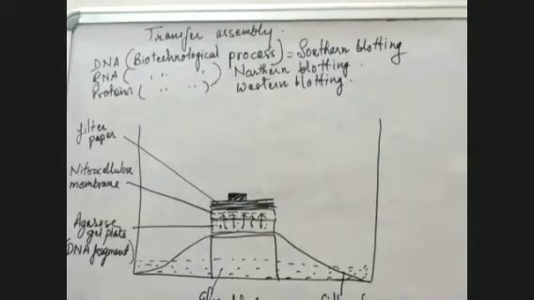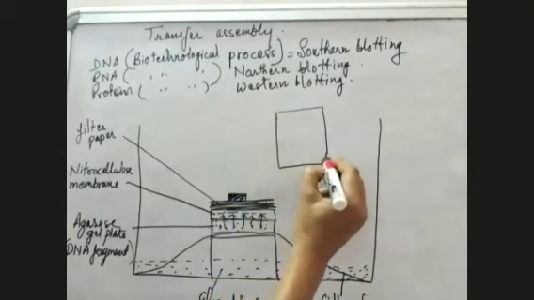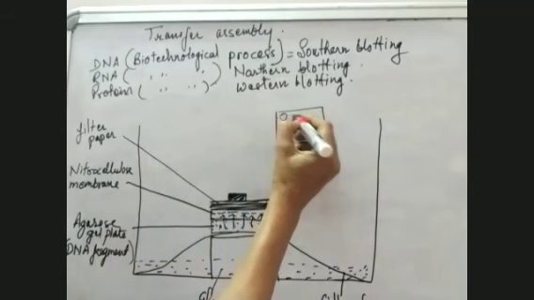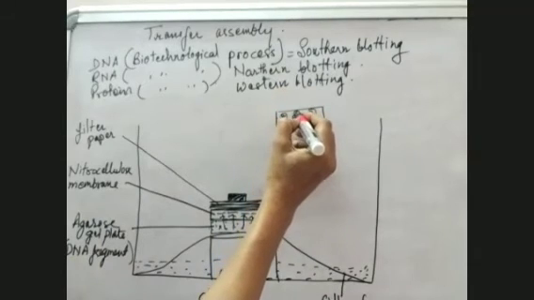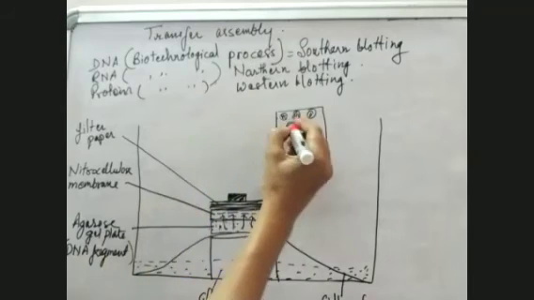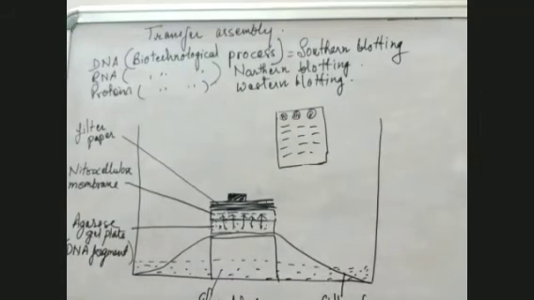What are wells in gel electrophoresis? Wells in gel electrophoresis are those holes in which the solution is put. I mean, all the fragments in solution form are put along with buffer so that they move. On the agarose gel plate, we have some wells. These wells are fed with small fragments in buffer solution, and then they start moving along the density gradient. These wells are fed with the DNA fragments in solution form with buffer.